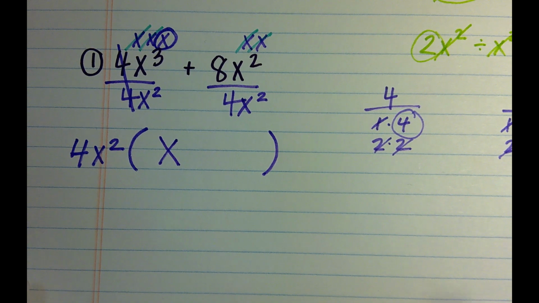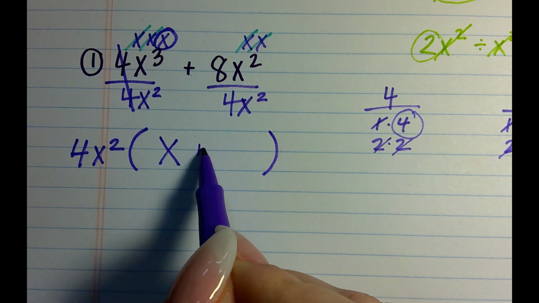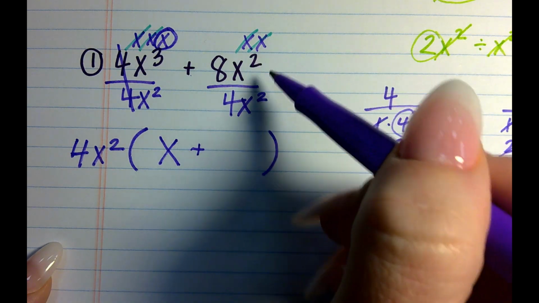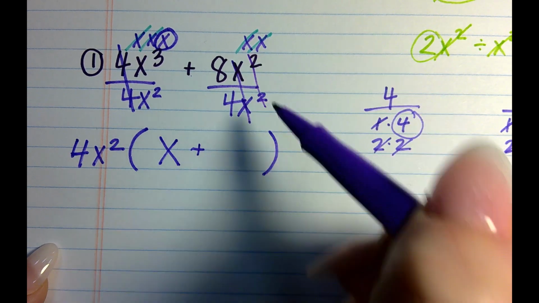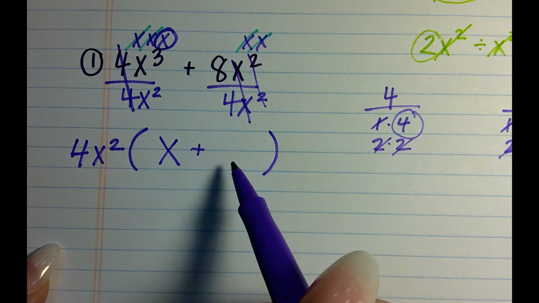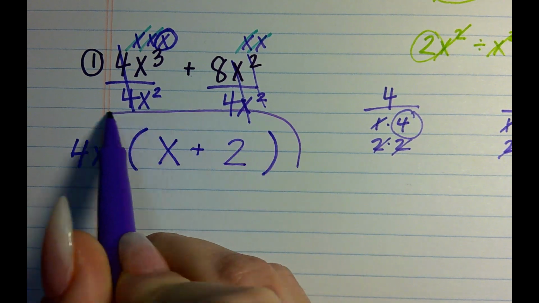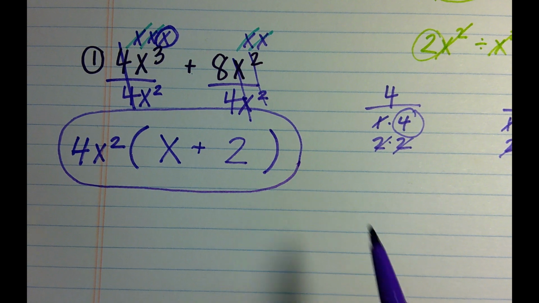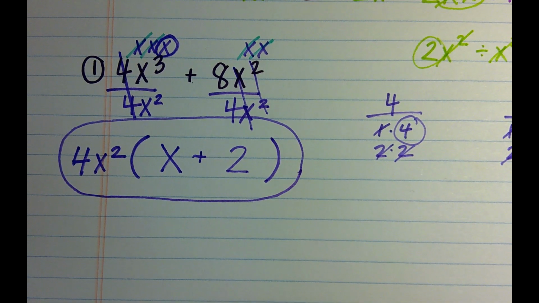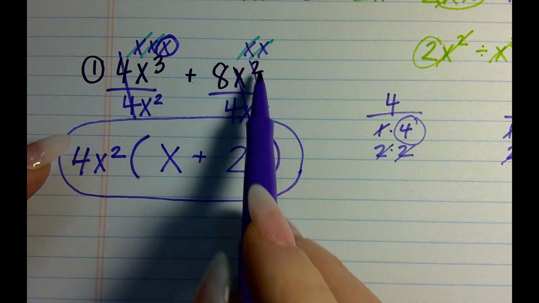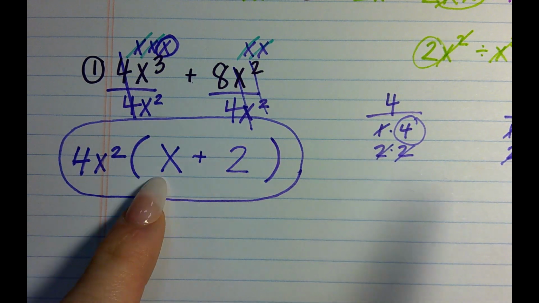Okay. And I'll bring down my plus. 4 divided by 8. My x squareds will cancel. And then 8 divided by 4 is 2. There we go. Perfect. And if it helps you to see how many x's we're going to have in each of our terms,